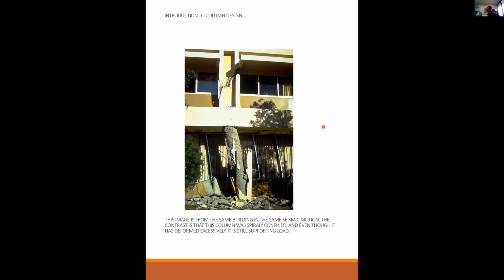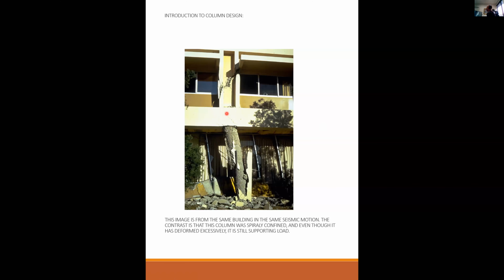So, okay, but by contrast, what are you looking at on the screen now? This is the same building. This is the same first floor. That's the same drift, like 18 inches of drift there. But this is a spirally confined column as opposed to a rectangularly tied column. You see all these wires or ties, they're very close together. So even though this column is basically failed, it's drifted so far, it's unbelievable, but it's still holding up the